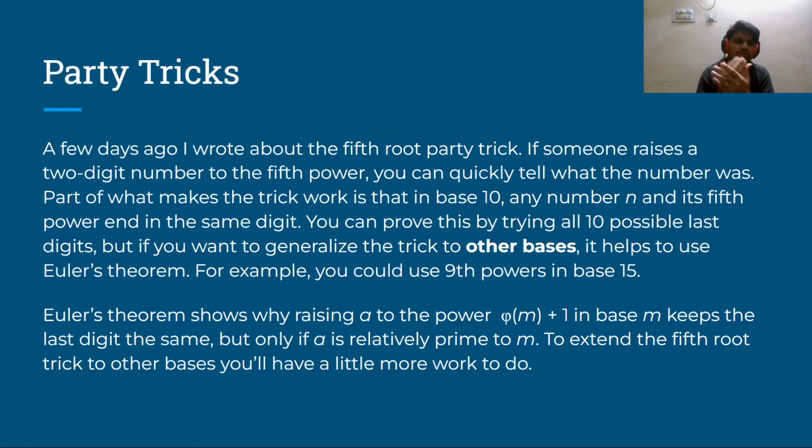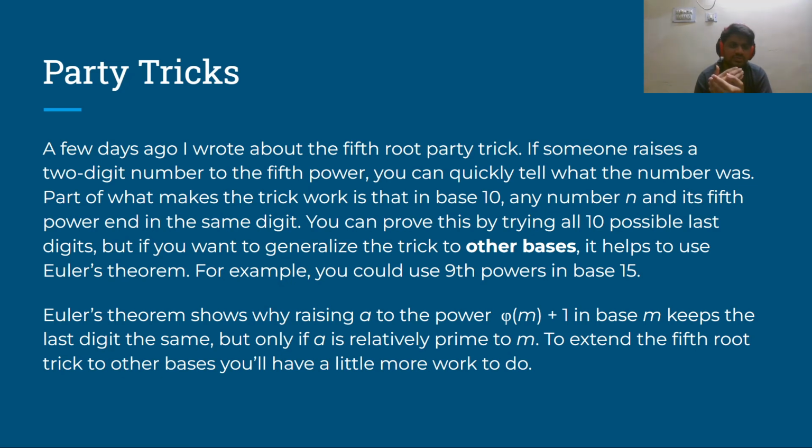Next, we are going to see about party tricks. A few days ago, I wrote about the fifth power party trick. If someone raises a two-digit number to the fifth power, you can quickly tell what the number was. Part of what makes the trick work is that in base 10, any number n and its fifth power end in the same digit. You can prove this by trying all possible last digits, but if you want to generalize the trick to other bases,